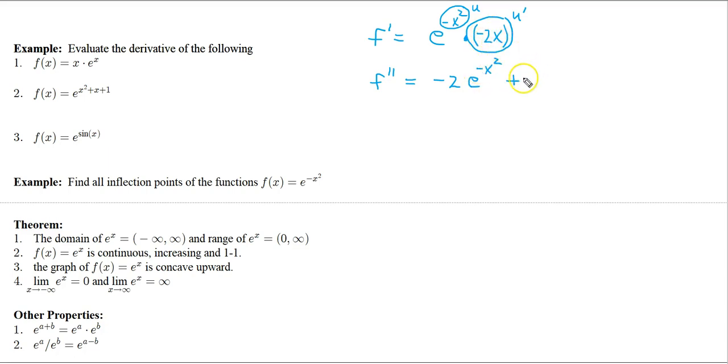plus negative 2x times the derivative of e to the negative x squared. And that's going to be, and there we go. So keep in mind, this is the derivative of e to the negative x squared. Once again, this is u and u prime. Simplifying this, now I'm going to factor out an e to the negative x squared from both of these terms, and we get